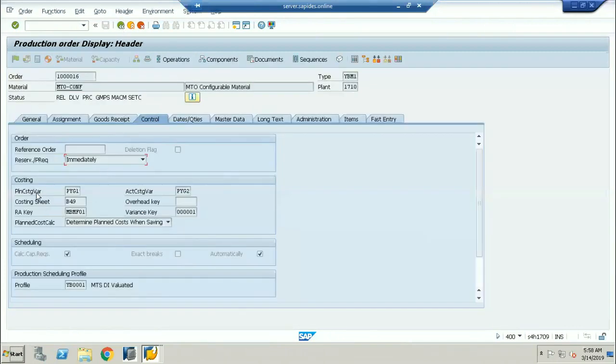So here you can see the costing variant: the planned costing variant, and the second one is going to be called actual. When I go into the plan, this is exactly your preliminary cost estimation. There will be a standard cost estimation and the preliminary cost estimation. Preliminary cost estimation will give the planned cost, which is going to be called the planned, and the actual cost estimation will give the actual cost after you do the standard cost estimation.